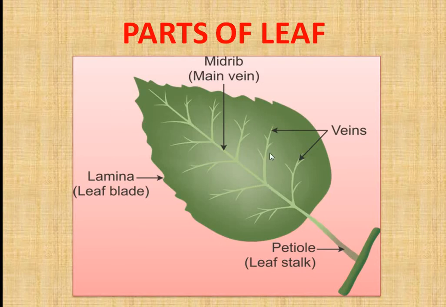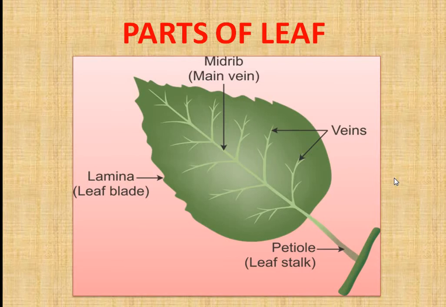What is the purpose of these veins? Veins help in the transportation of substances, water, minerals, and prepared food, to and from the leaf. Now, this is all about the different parts of a leaf. Veins are there, the main vein is there, the leaf blade is there. Now next is